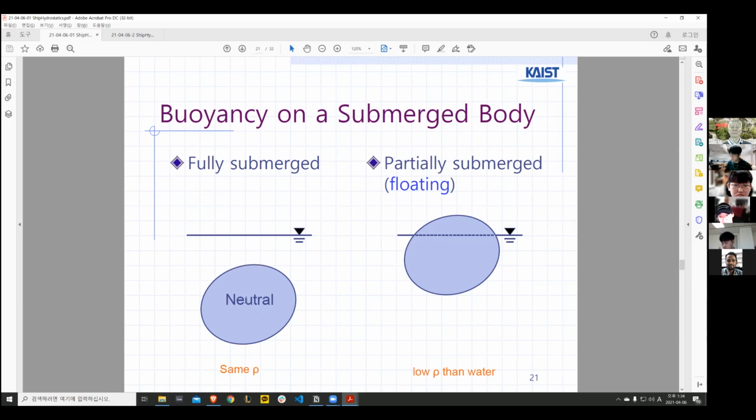So the same volume, which means the same volume submerged, then the same buoyancy exists. So low is more like a floatable component because